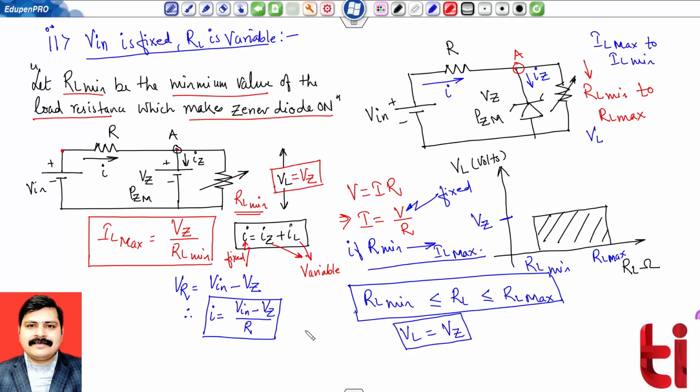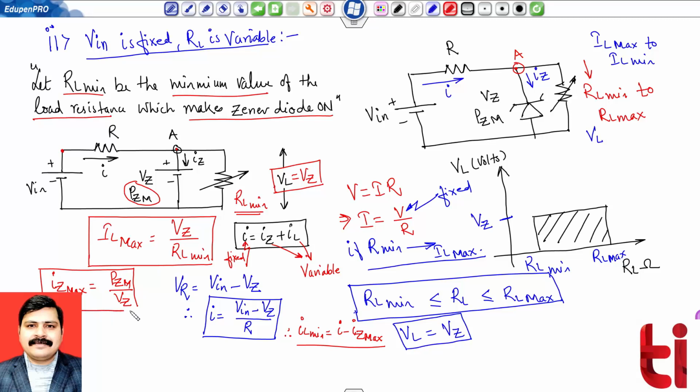Therefore my current IL min will be equal to current I minus IZ max. And IZ max can be easily calculated, because we know that IZ max will be equal to